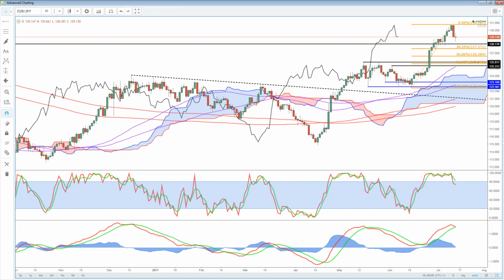In terms of the stochastic indicator, what does the number on the top represent? 14, 1, 3. They're just the parameters for that particular indicator. You can change the parameters to suit you. You can make it a faster